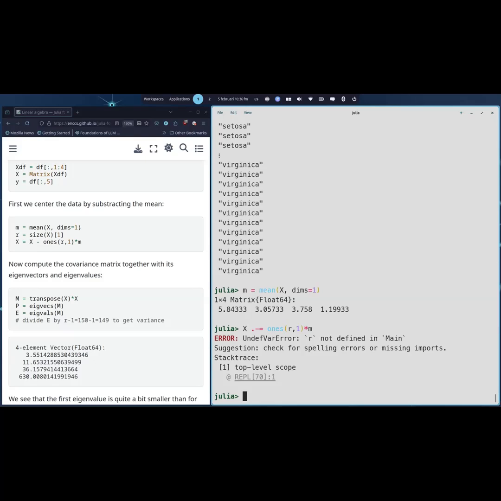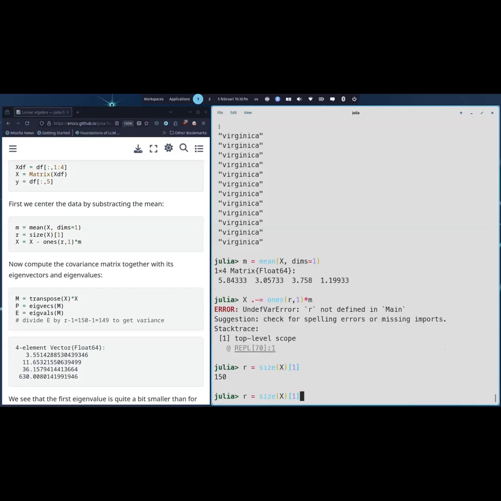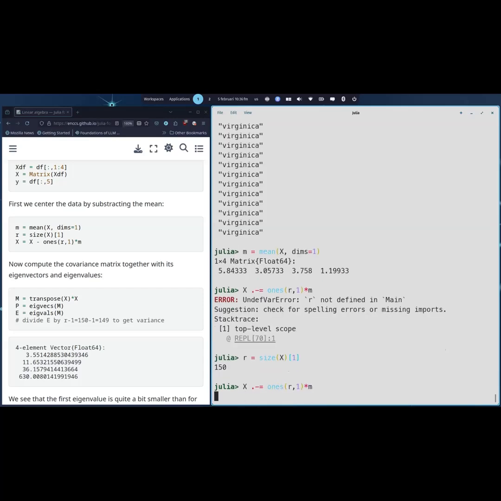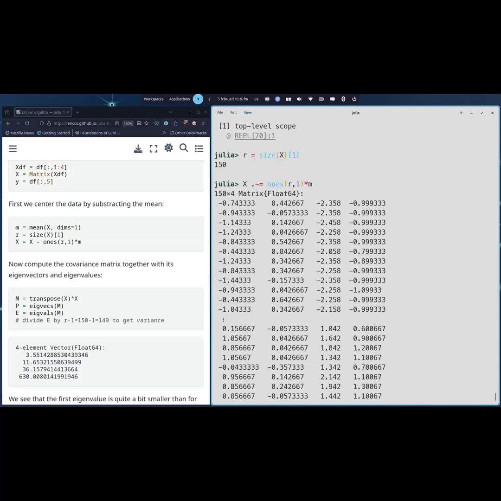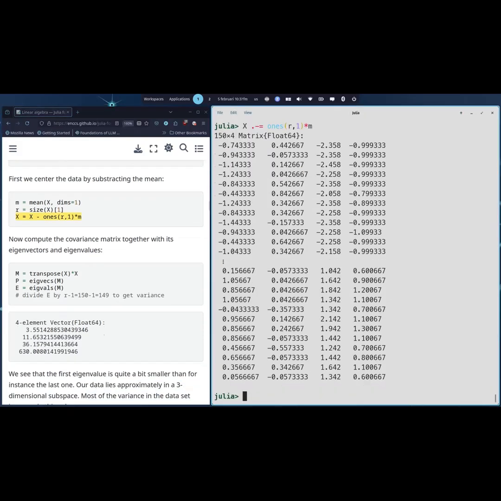Oh, I didn't get the dimension of this. There is 150. Then I can subtract it. So this operation that I did here, dot minus equal, is basically syntactic sugar for this line here. So for each cell, I'm subtracting from X this quantity. Now that we have this,